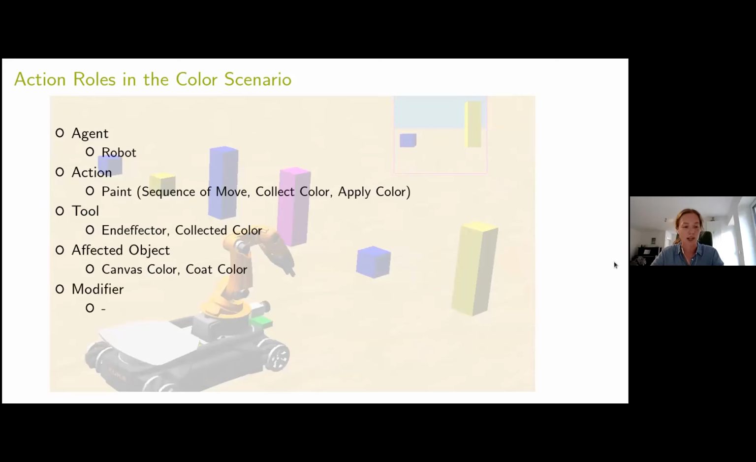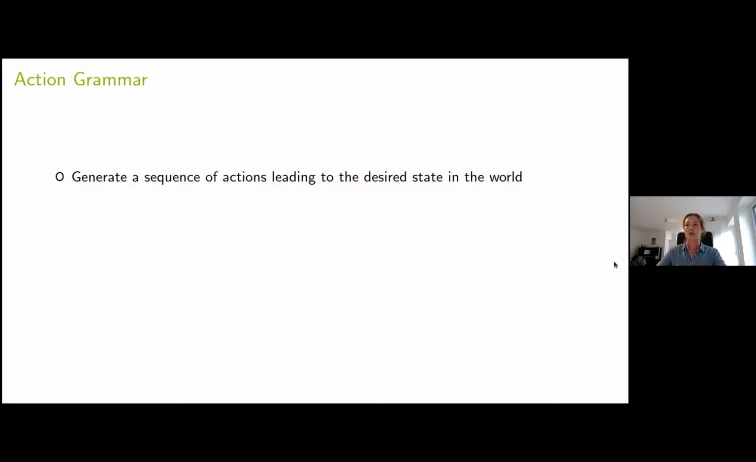And so in this scenario, we would not specify a modifier because the robot only lives in this one world and it only does painting. So, of course we have the outcome, which is the change of the canvas color, or the state that now the color is collected, or simply being at a new position, when the robot moves around. Okay, so now with all those action roles,